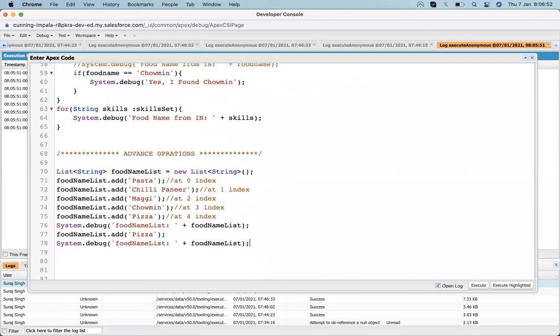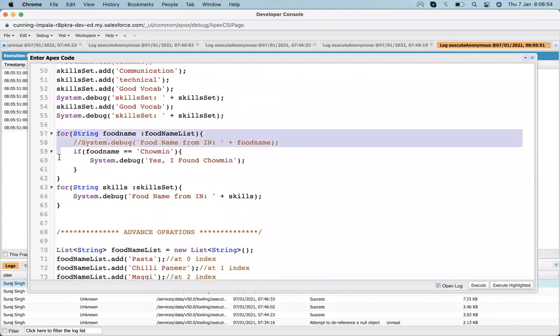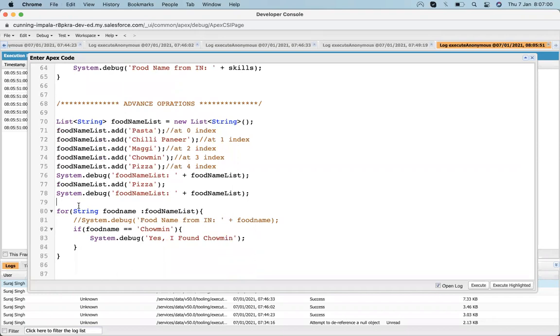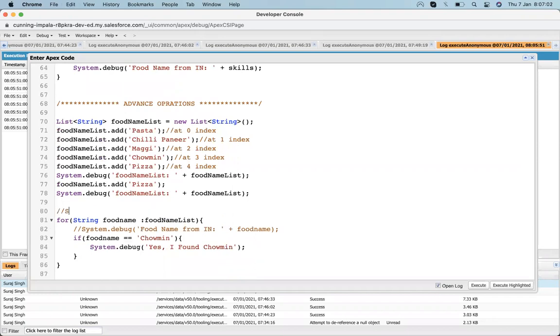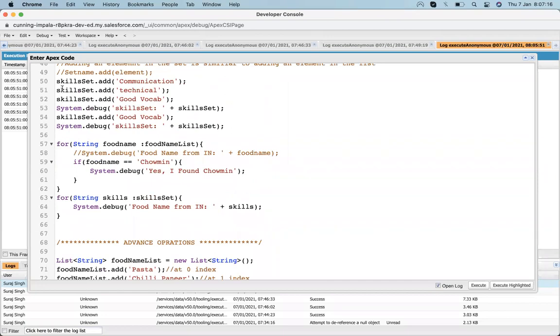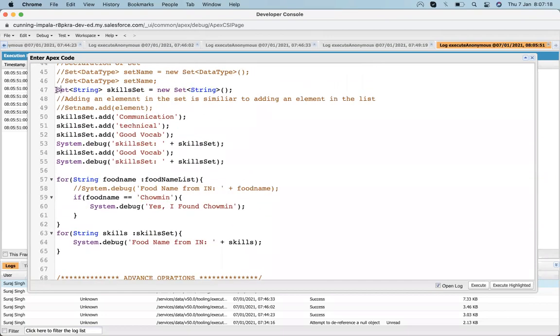I paste it up here, and then suppose I need to search for an element from the list, and let me also add the set.